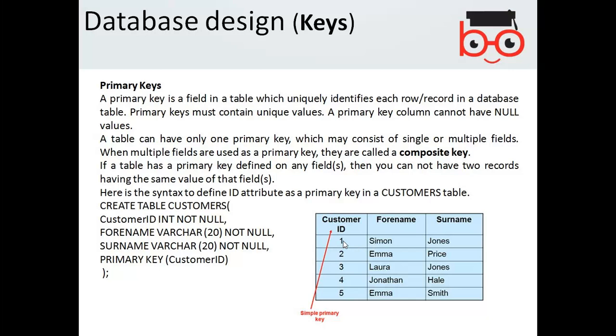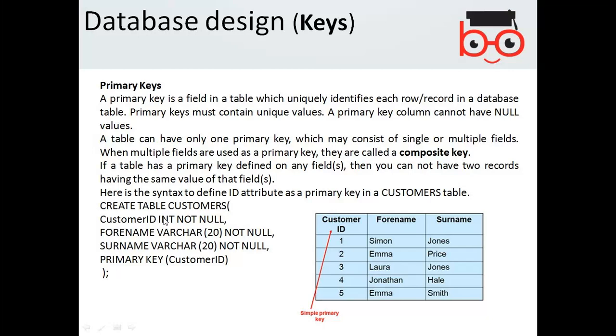Null means there cannot be a case where, for example, you have a forename and do not have a surname available, that could work, but it could not work that you have names but are missing the customer ID. So that's the primary key set. If you are dealing with the database, then in order to create such a table, you will need to define it by creating a table using a command. This is a SQL command, create table.